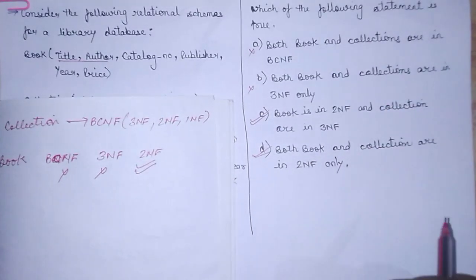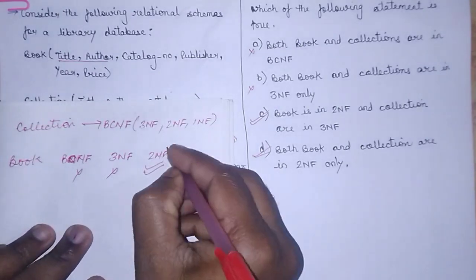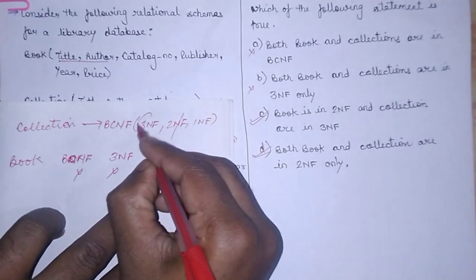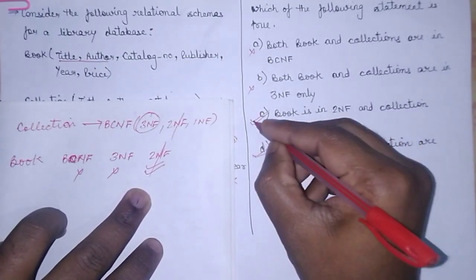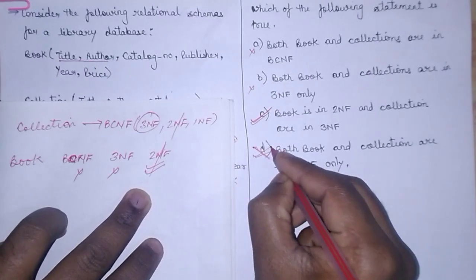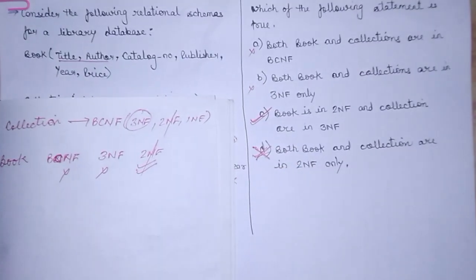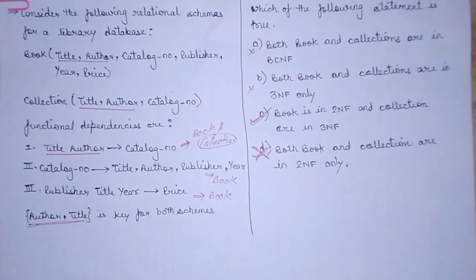Now these two are right, so we have to go with the stronger option among them. Which one is stronger? 2NF is satisfied, but here it is 3NF, so this one is more accurate, and this is the right answer. This is not the right answer. This way you can find the right answer for questions related to normal forms. In the next video, I will be discussing design goals and some questions based on decomposition and design goals which came in previous year GATE questions.